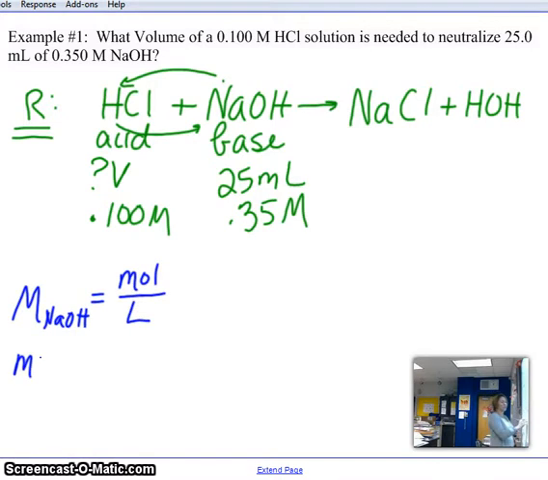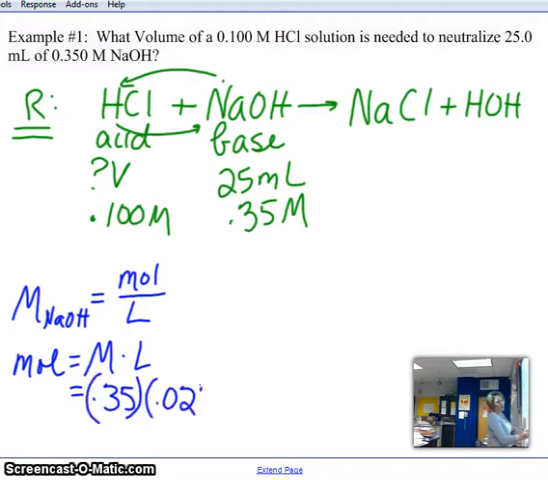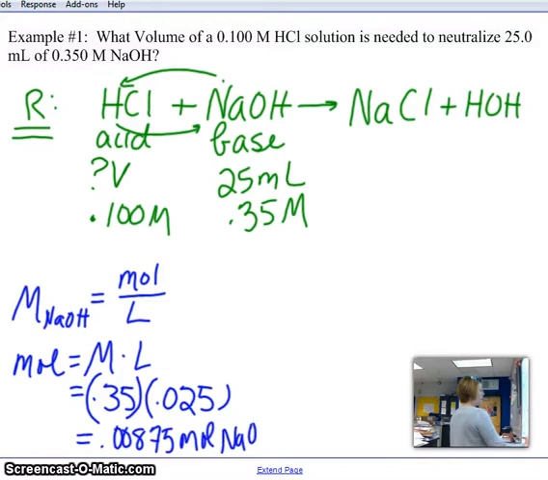I'll just rearrange this equation to solve for moles, which is molarity times liters. My molarity is 0.35, and my liters are 0.025. So my moles of NaOH, I'll grab my calculator here, 0.35 times 0.025, you get 0.00875 moles of the NaOH,